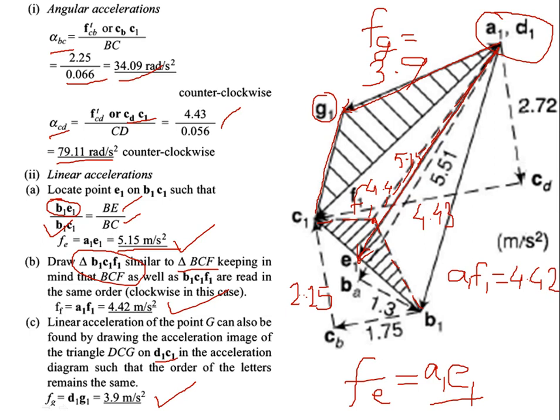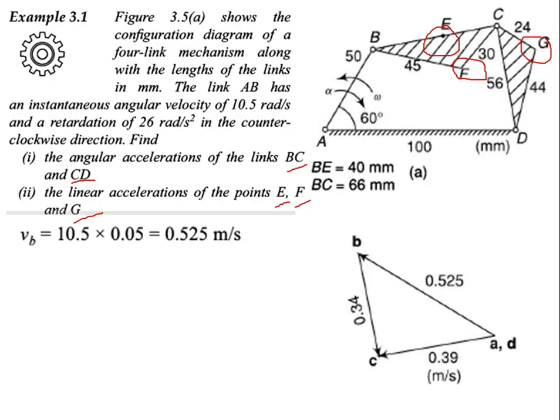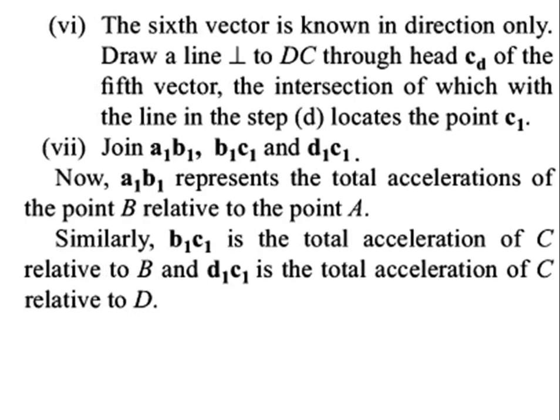So I think up to the acceleration at point E is okay. Now see, this is a triangle. I have to inscribe this triangle BCF. This is the BCF. So similarly, I have to now take triangle B1 C1 F1. B1 C1 is already there, so I just have to take one more point F1 and then draw B1 F1 and then C1 F1. Similarly, this is another triangle CDG. Same thing, I have to draw a similar triangle up to here, that will become C1 D1 G1. Same thing I have to inscribe over here.